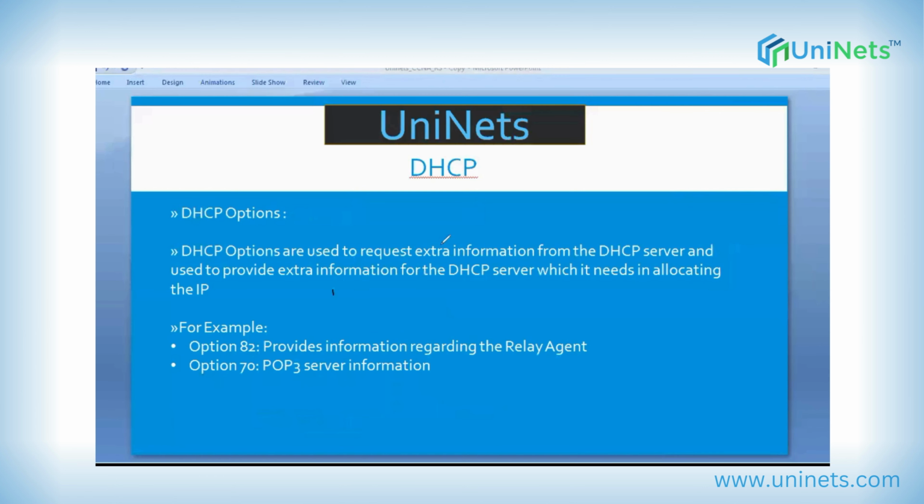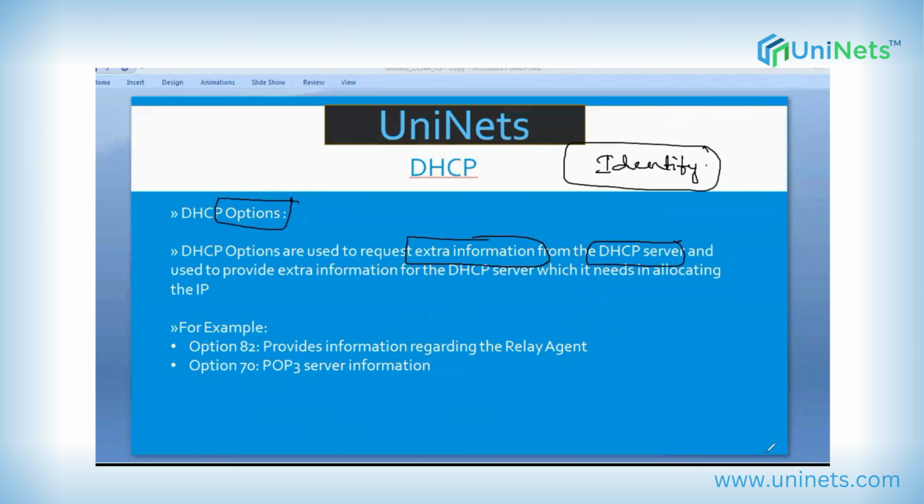And then we have DHCP options. DHCP options are actually some extra information that either the DHCP server or the DHCP client needs to request, to allocate the IP address from the DHCP server's point of view, and from the client's point of view to request some information. For example, from the DHCP server's point of view, if he cannot identify the client or cannot identify from which network he is, he will request some extra information in the form of options,